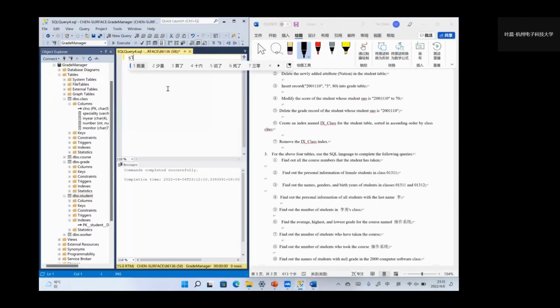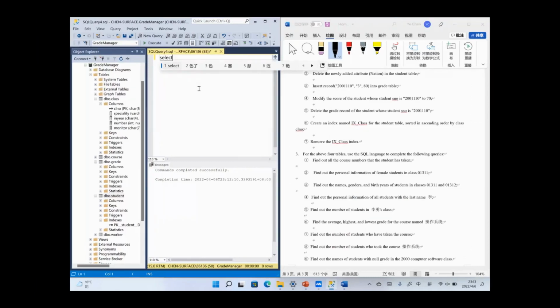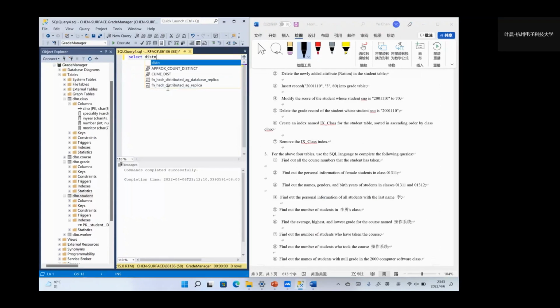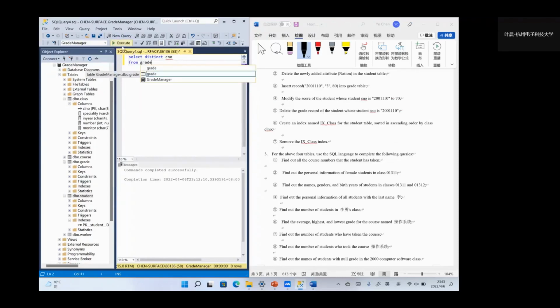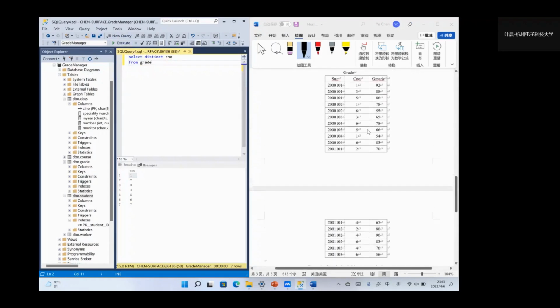So you can just select. To remove the duplicate course numbers, because one student can take more than one course, if you want to find out all the course numbers, you need to remove the duplicates. So we need to write the DISTINCT keyword here and from the grade table. So we can run this and let's see in the grade table,